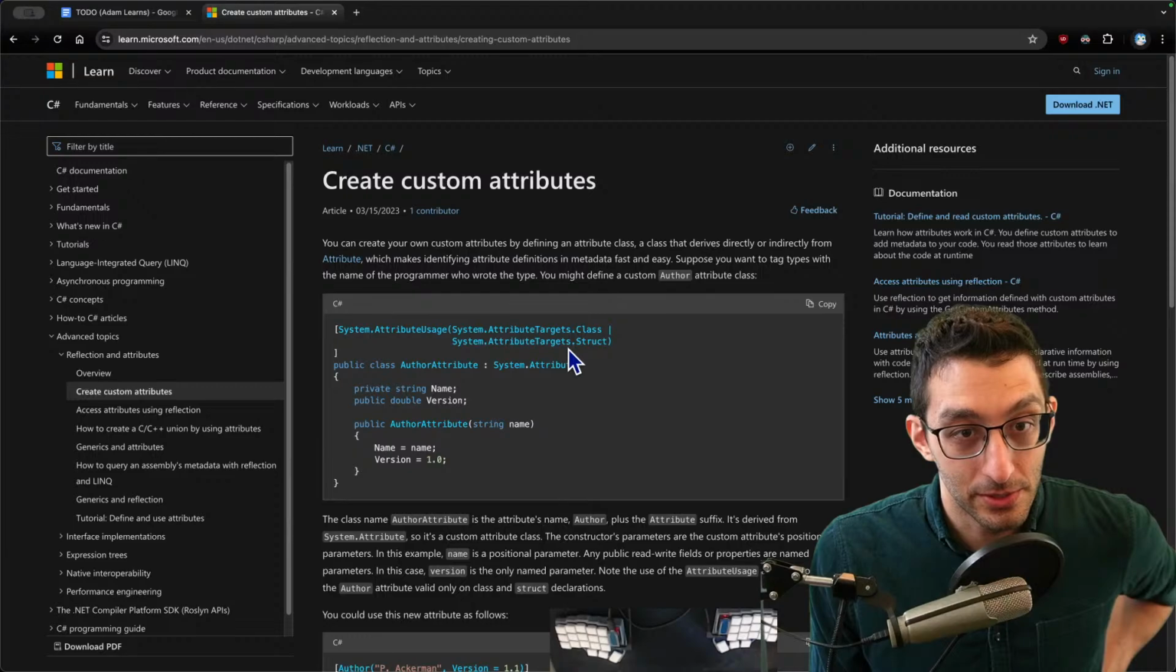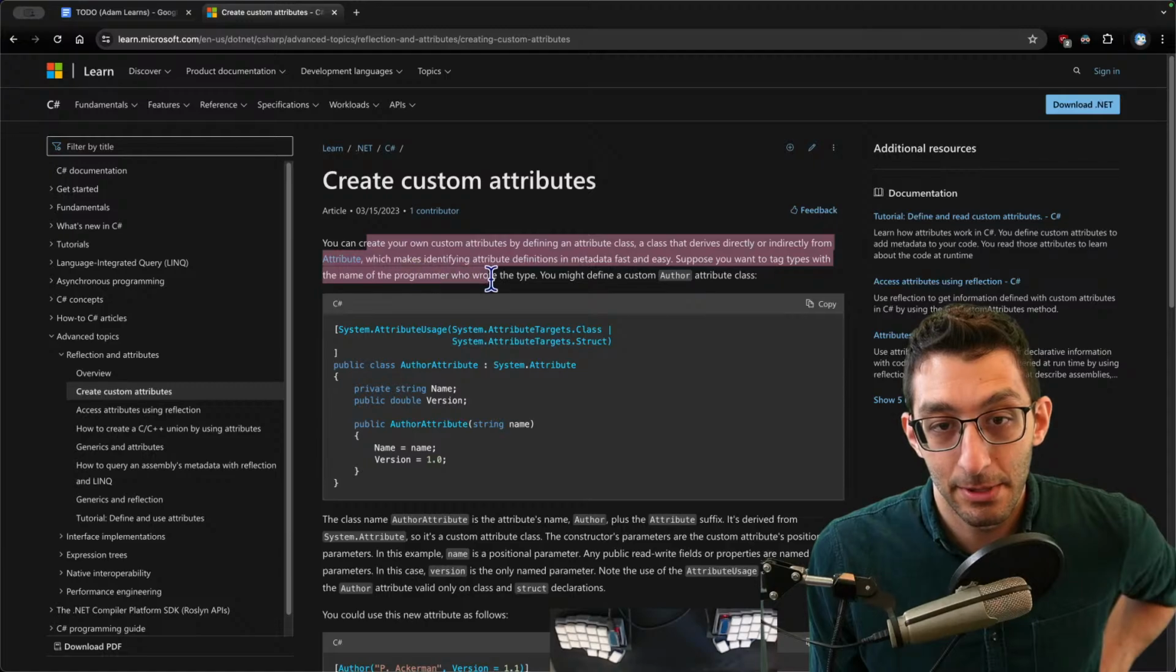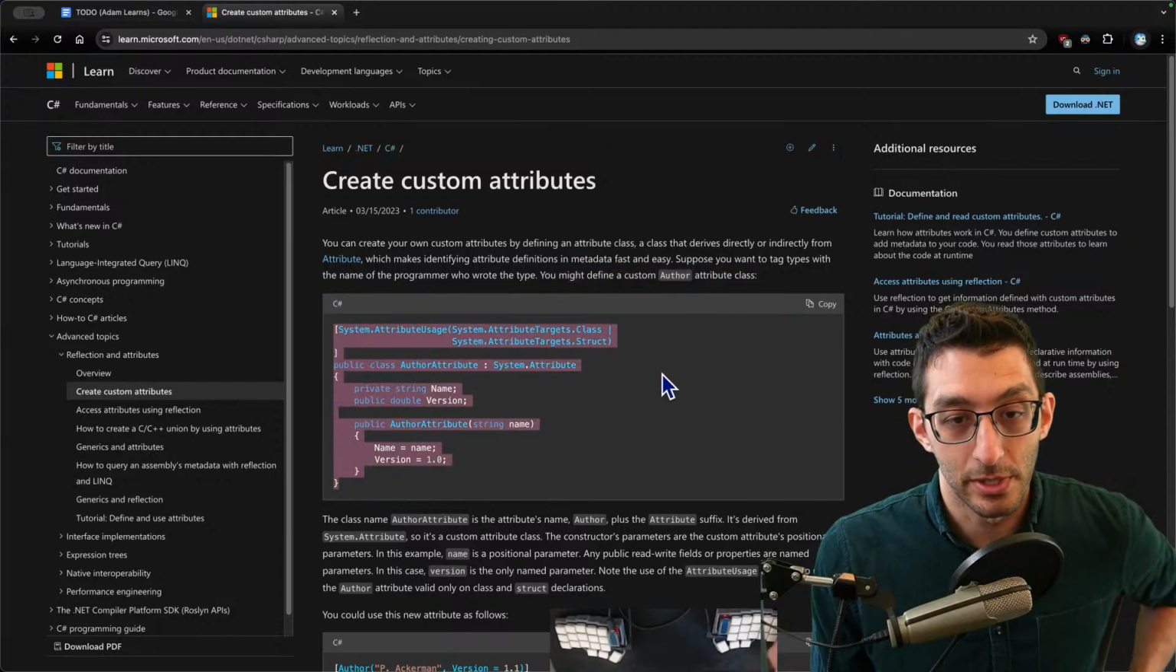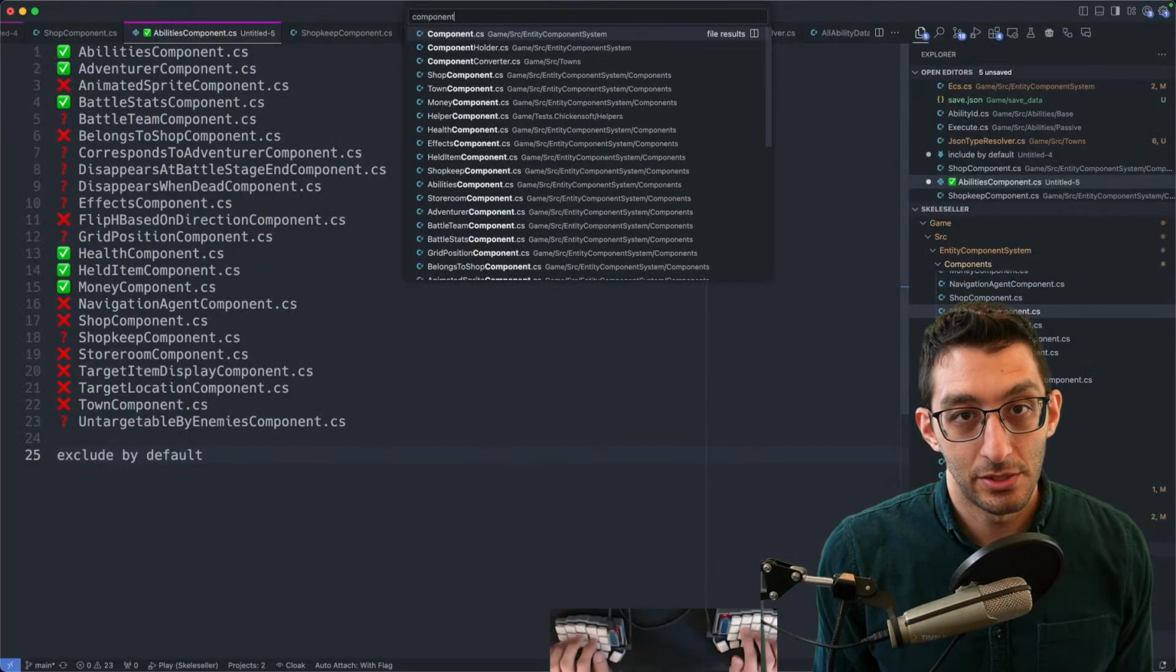Create custom attributes. Create your own custom attributes by defining an attribute class, a class that derives directly or indirectly from attribute. Okay, suppose you want to tag types with the name of the programmer who wrote the type. You might define a custom author attribute class. Okay, I mean, this looks pretty straightforward. It looks like I just copied this, put this into maybe